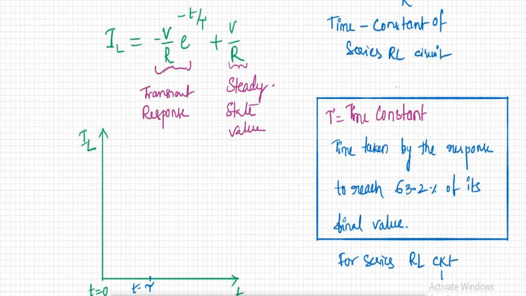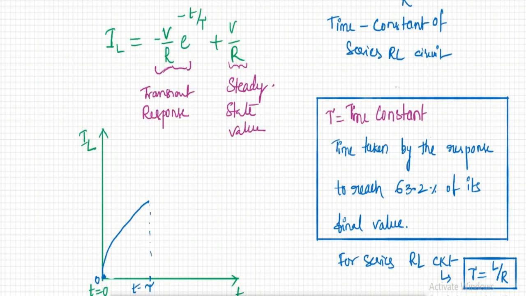So for a parallel circuit the time constant will be different, it is the reciprocal of this one. Okay, so this is the time constant for a series RL circuit, that is L by R. If the time value of the system equals the time constant of the system, the response initially was at 0, because it is a forced response, so there was no source before turning on the switch. So it is increasing from 0 and it will reach 63.2% of the response at t is equal to tau.